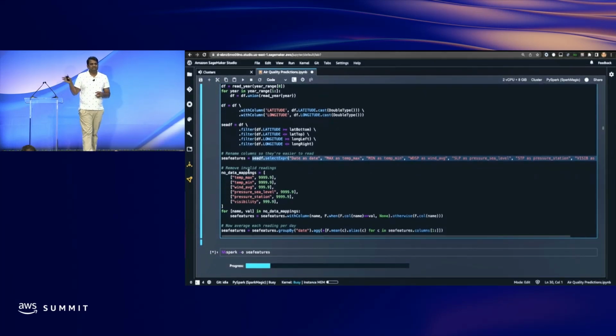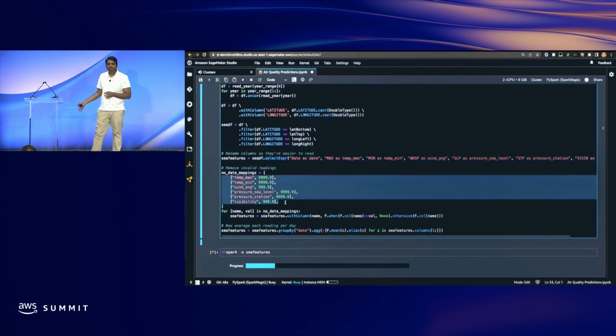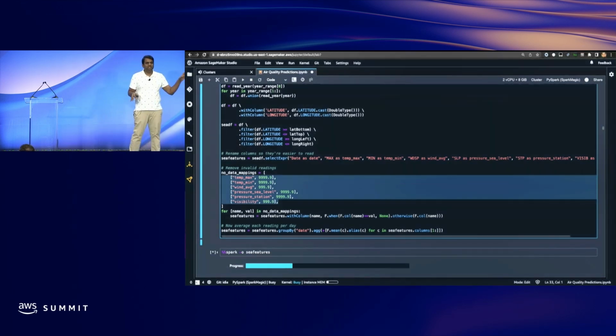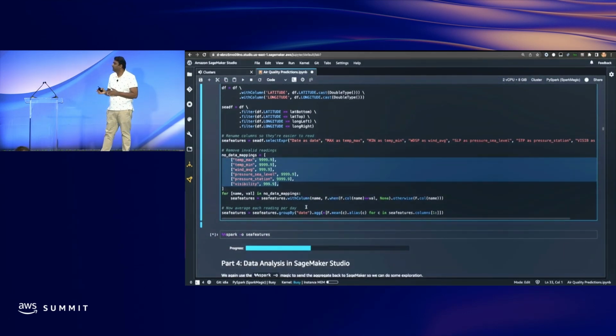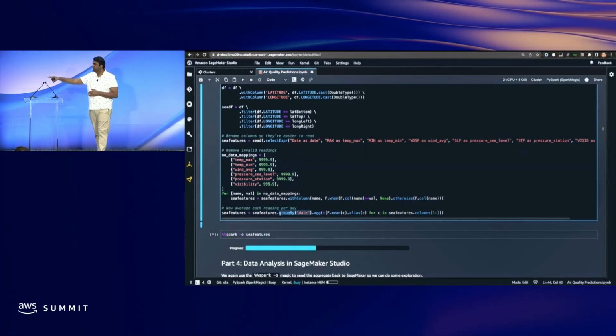I know this is actually the coding part of data science, but the goal of the session is to explain how from a single notebook you can interact with both your standard machine learning and also EMR. So what we did from SageMaker Studio, we directly aggregated the weather data, averaged over a single day. And we can see the Seattle features data frame there that we are using Spark-O.